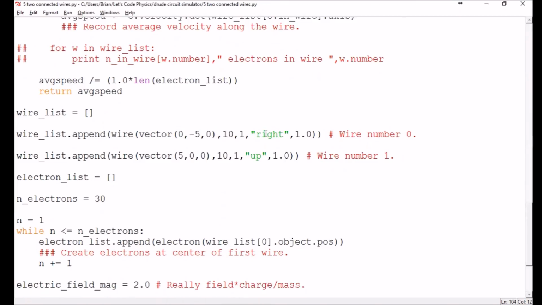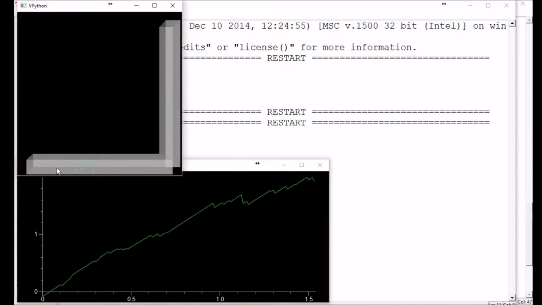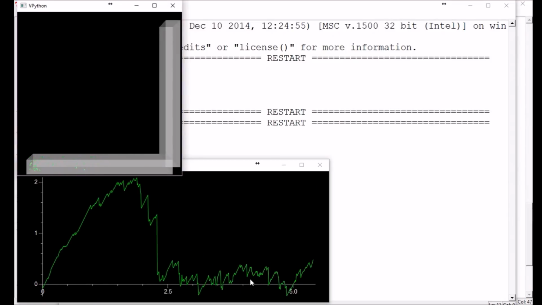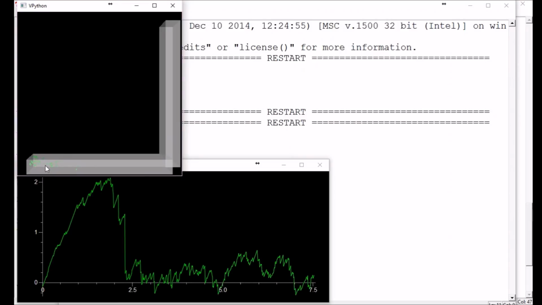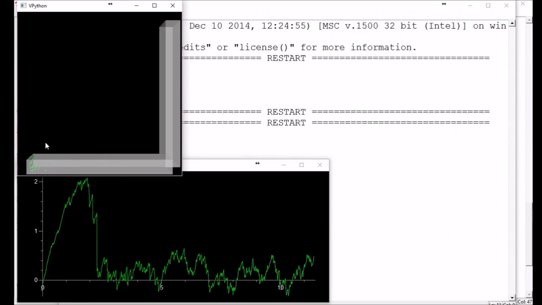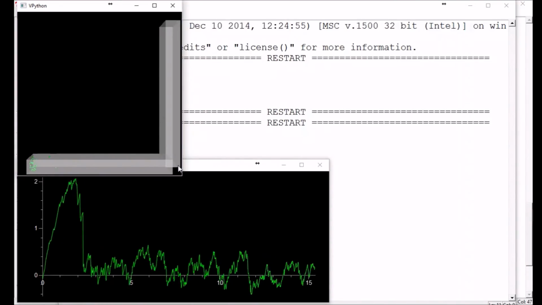So for example, what if we made wire number 0 point to the left? So that should make the electrons go to the left, which they do. Now you notice I'm still getting a positive number for the speed. That's because the wire axis is pointing to the left and the electrons are traveling to the left, so that's a positive dot product. Now of course there's nowhere for them to go over here because I haven't moved this